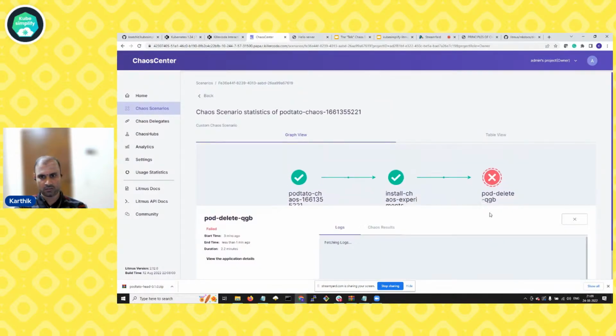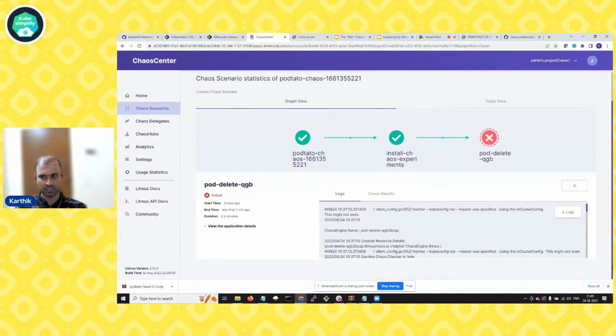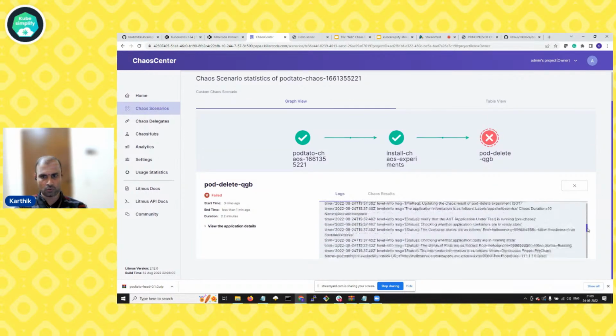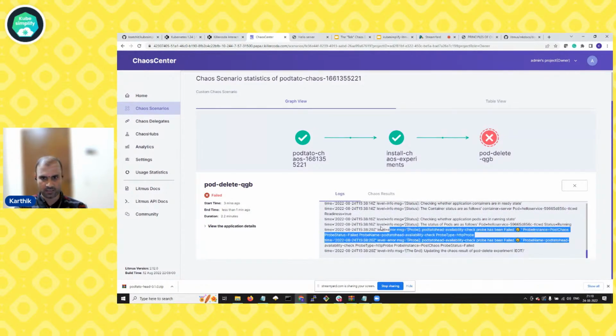If you click on the pod delete here, you can actually see the logs. And as you scroll down in the logs, you'll see some crying smileys or failed smileys there. This is actually the probe failing. You had a continuous probe which was checking every second, but for about 15 seconds or so, this application was not really alive. The pod got scheduled, but it took around 15 seconds to become ready, during which time our